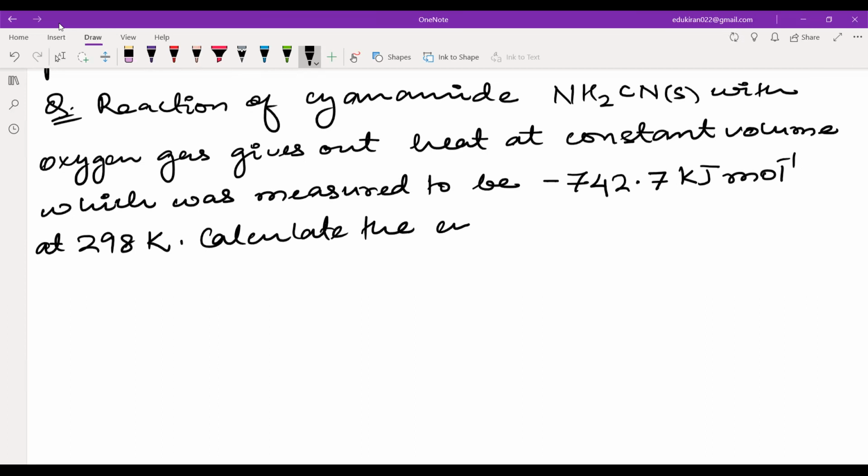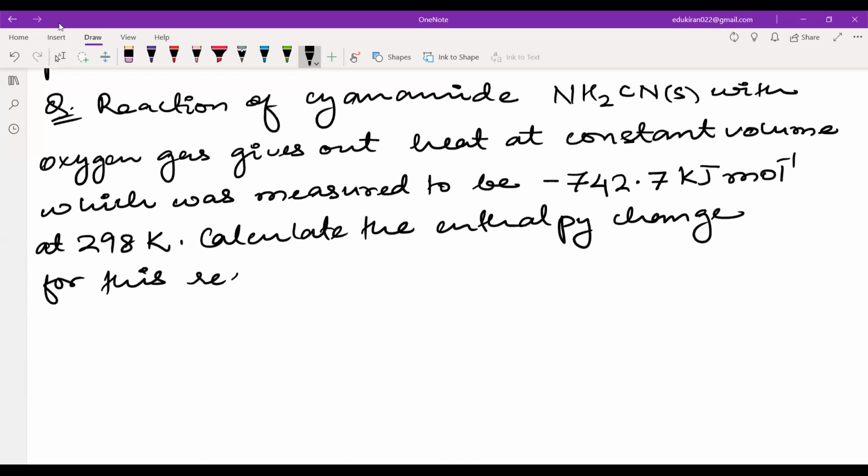Calculate the enthalpy change for this reaction. Okay, calculate the enthalpy change for this reaction. The reaction is given as